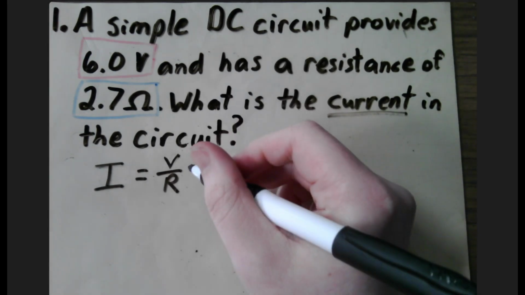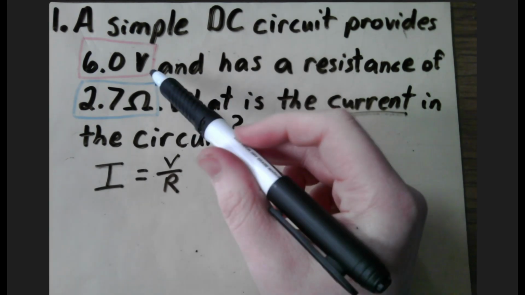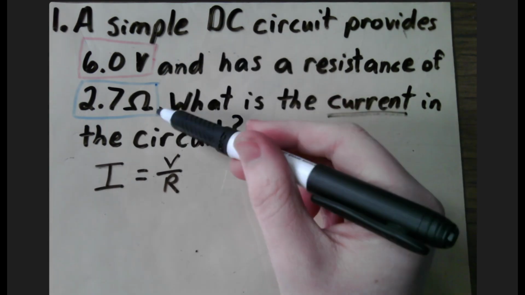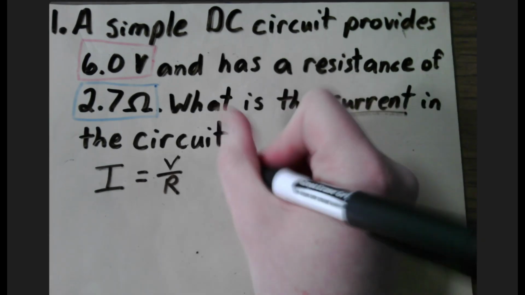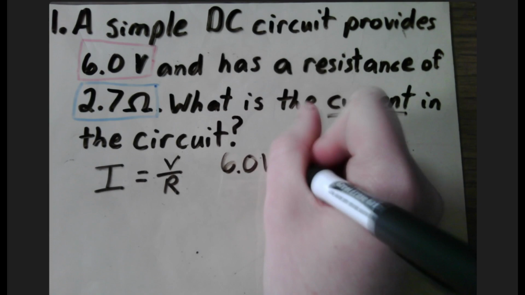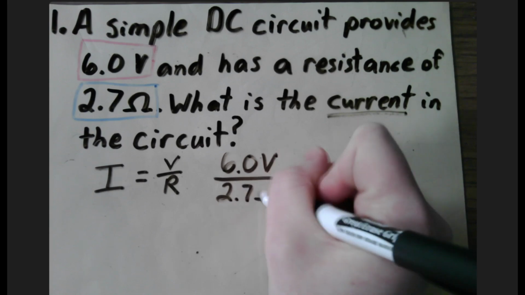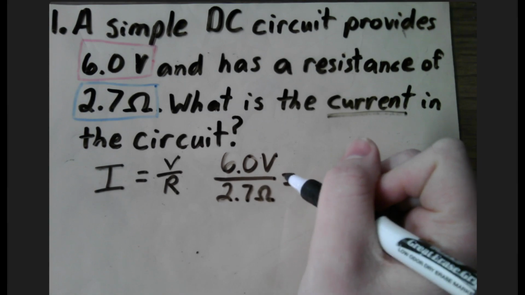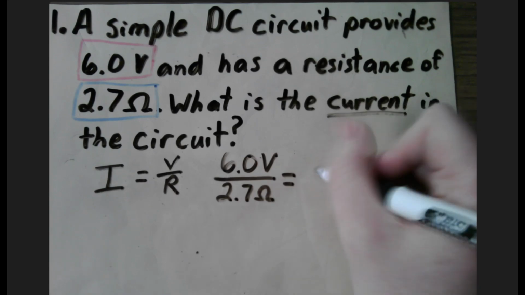Voltage is 6.0 volts and resistance is 2.7 ohms. So we're going to plug those numbers in. 6.0 volts over 2.7 ohms. After calculating it out using math, we know that the answer is